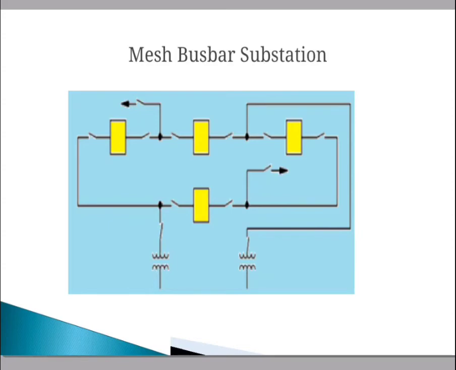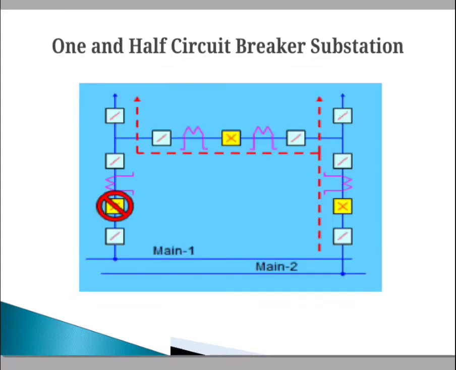There are different characteristics of the mesh bus bars. There is a requirement of two circuit breakers for disconnecting or connecting a circuit, and disconnection also requires opening up of the mesh. The next characteristic is that there is an option of maintenance of the circuit breaker without loss of supply. Then one circuit loss occurs when the bus bar has a fault, while a fault in the circuit breaker involves the loss of two circuits.